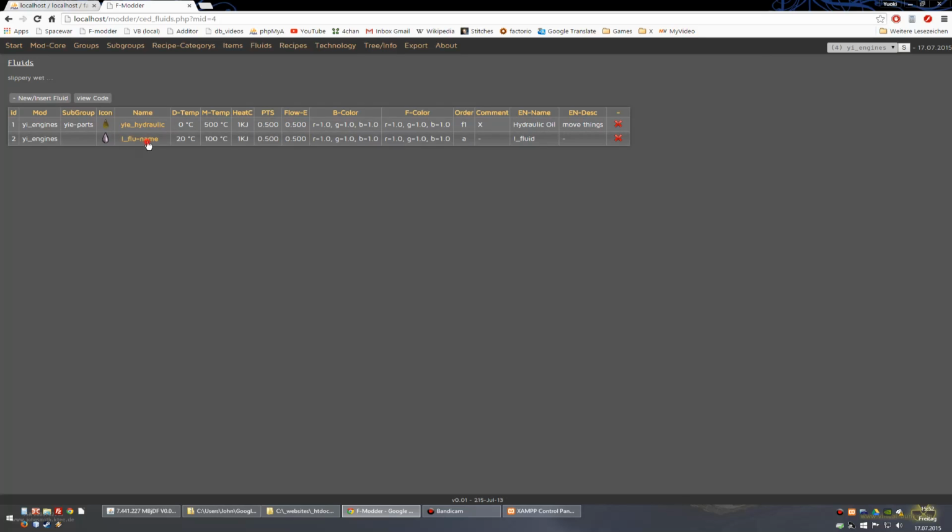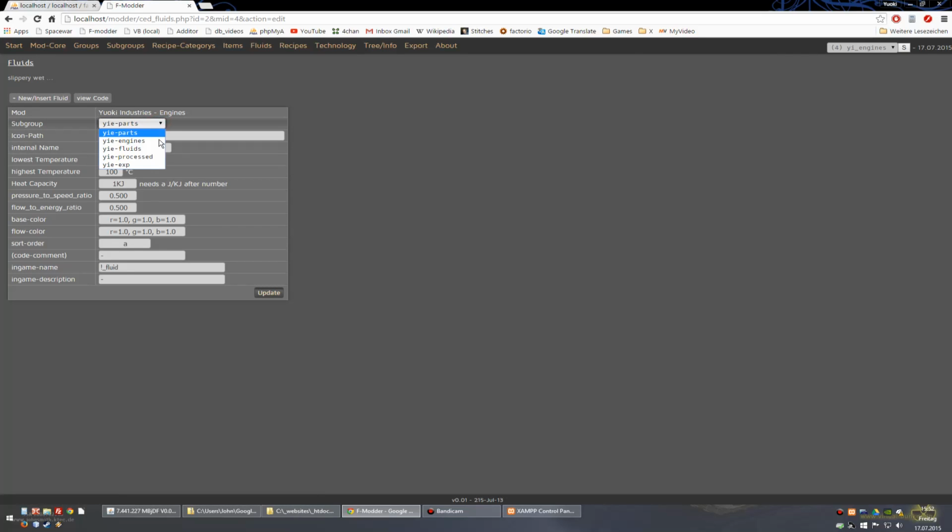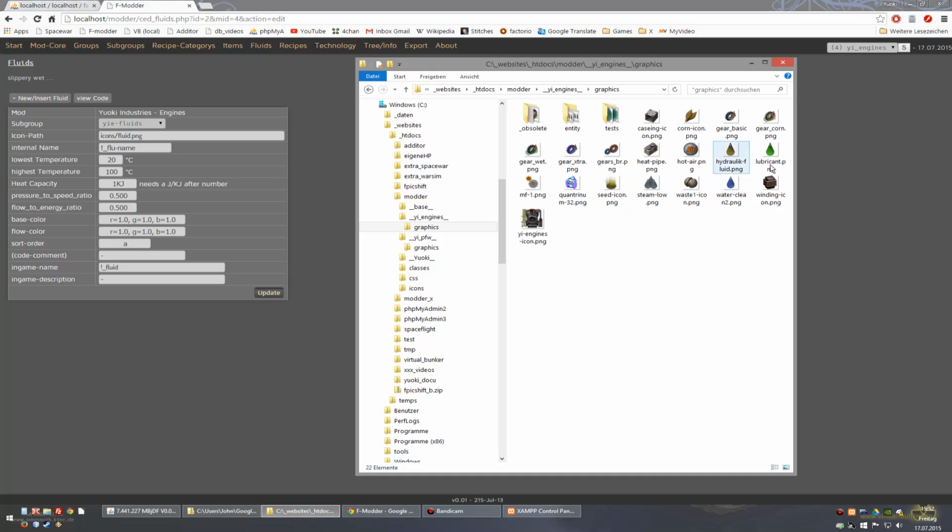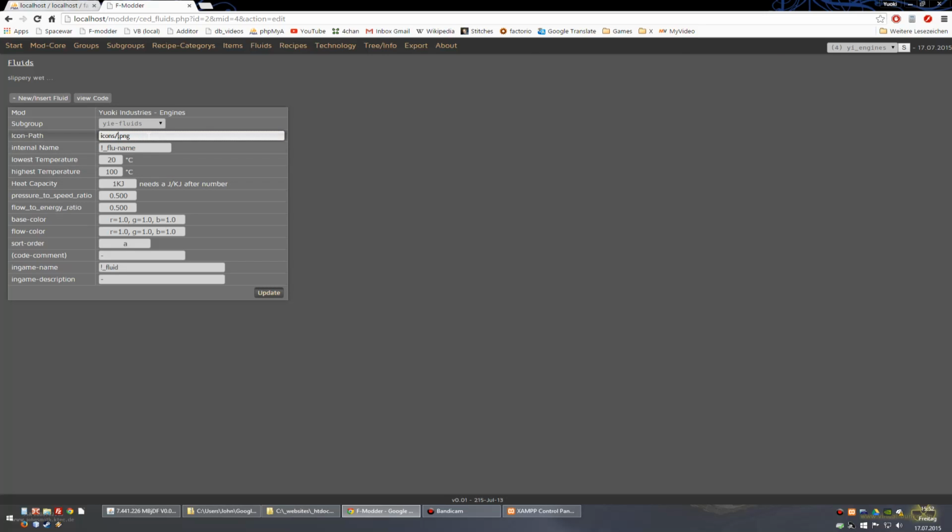The subgroups come from the mod, as provided here, and if you want another tab you need to change it, but I think it's best to leave it here, and I do this fluid in this group, and I need graphics for it, and maybe I name this, and here is the problem with names, so I need this in this order